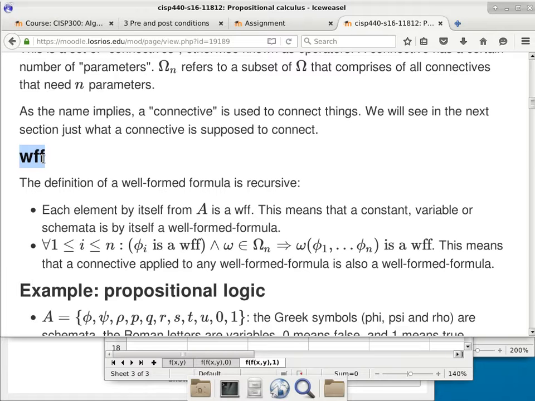So in omega go your operators, your connectives. Do well-formed formulae also go in there? Say that again? Do well-formed formulae go in omega? No. Well-formed formulae are the things that we want to work with. So